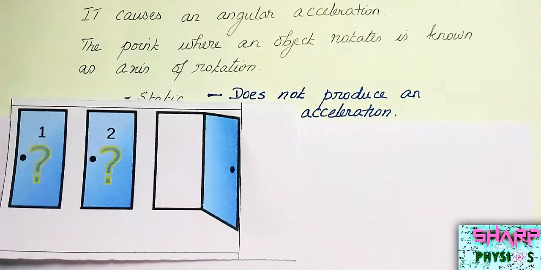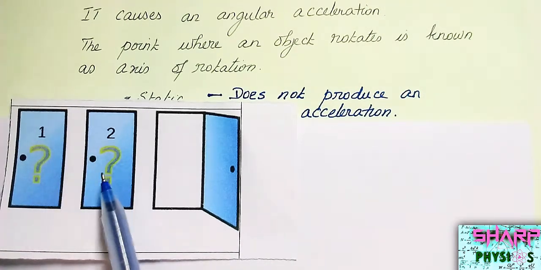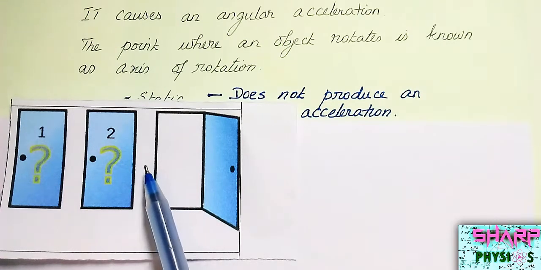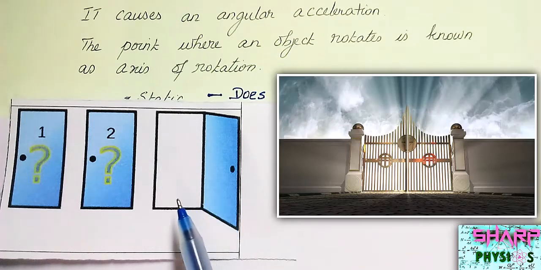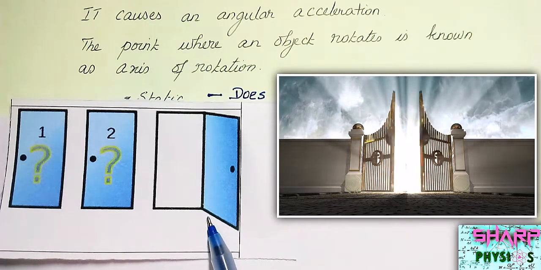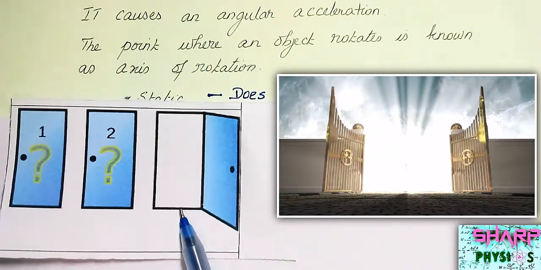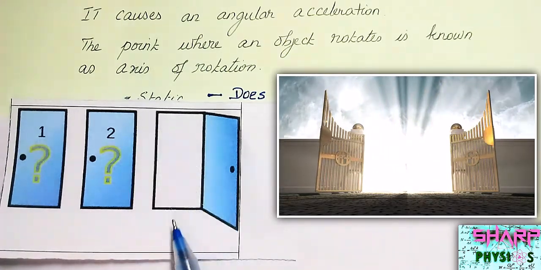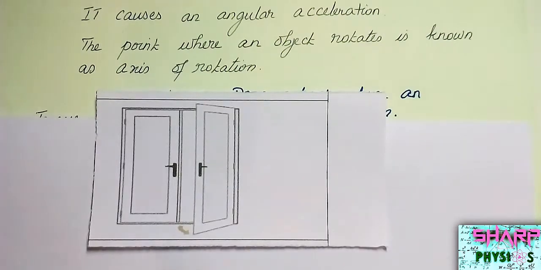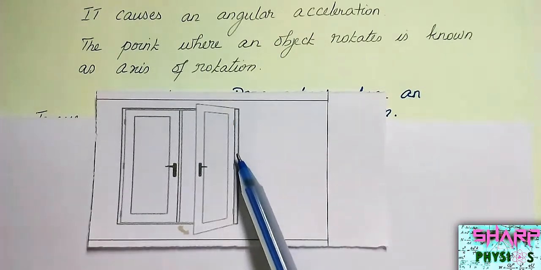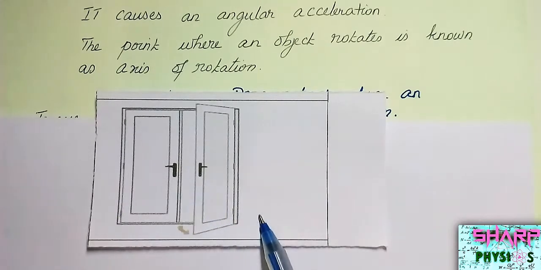Another example is a person pushing through a door. If the door is closed and a person pushes, it needs a force to move it. At a constant speed when he pushes, it moves about the axis around this area. So this is another static torque. When the door moves, an angle is created, and the door stays in the same place at an axis and rotates to a limit about the axis.